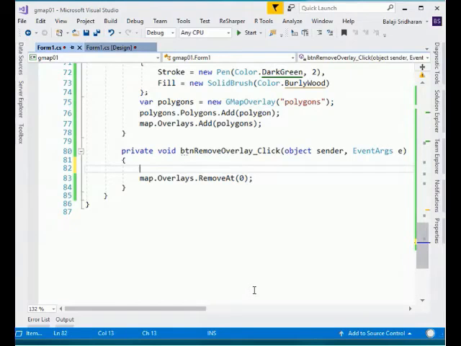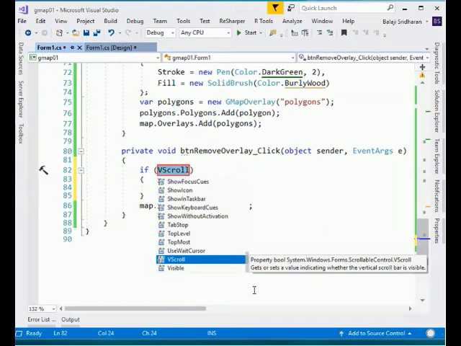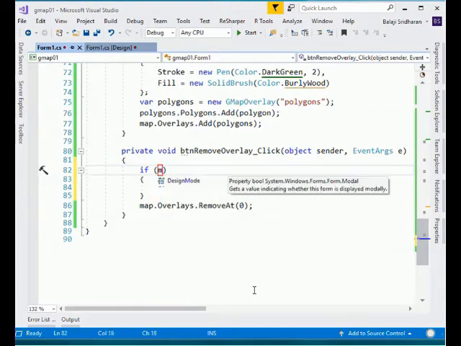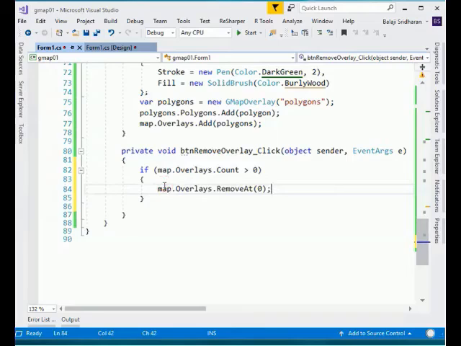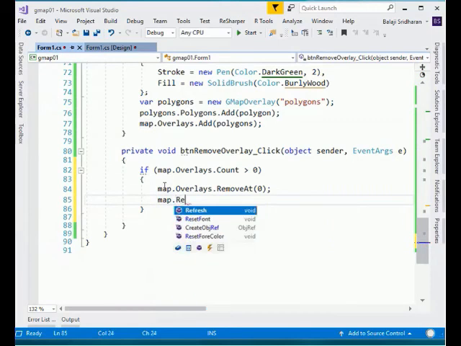So I will first check if map.overlays.count is greater than 0, then use this code. And once I remove this overlay, I want to automatically refresh my map, so I will use map.refresh.